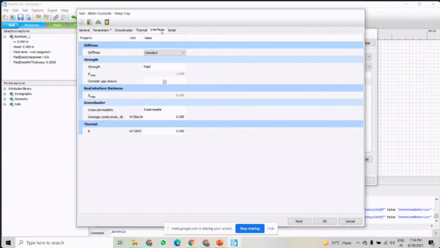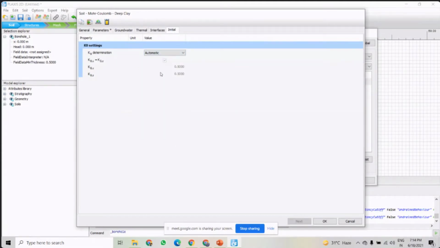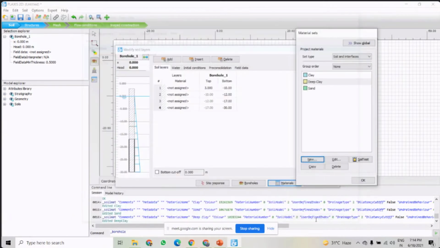And interface, in interface again it will be manual, and this value will be 0.7. This is the strength reduction factor for the interface, R interface. And then initial, so in initial, this is manual here, and this will be 0.6.